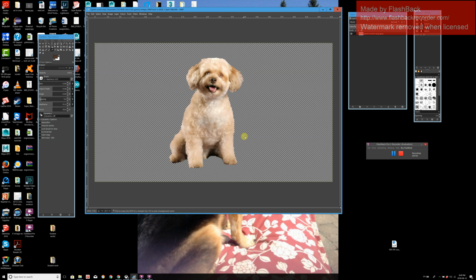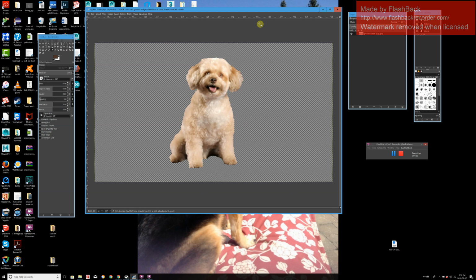Once you've erased all of the green that you can, let me just get rid of this. Yep. So once you've gotten rid of all of that green like so,